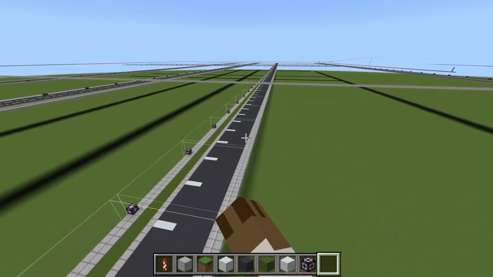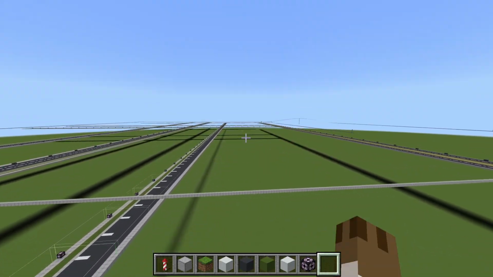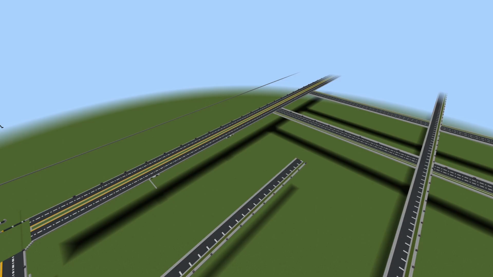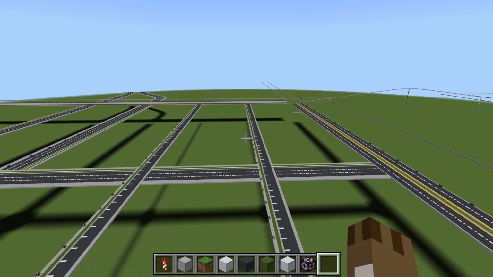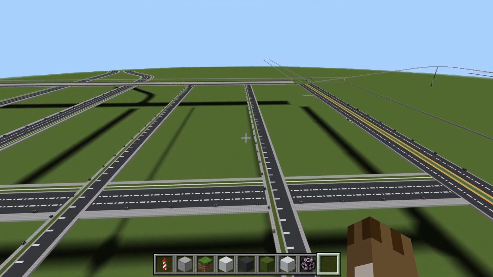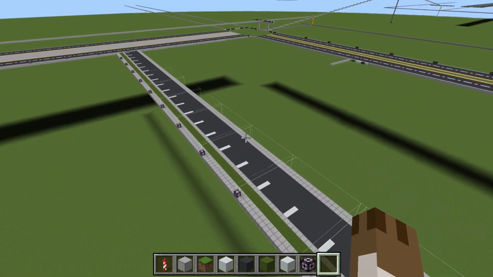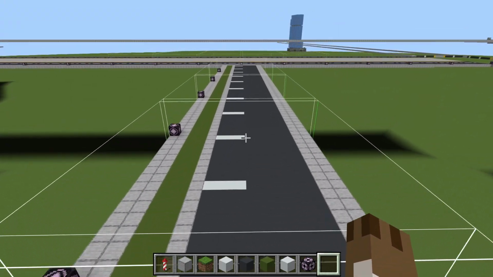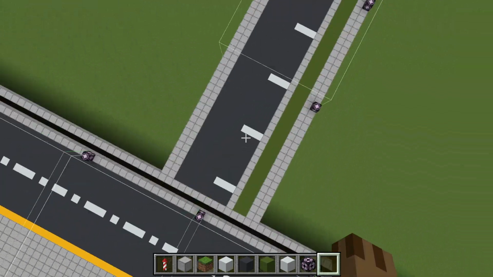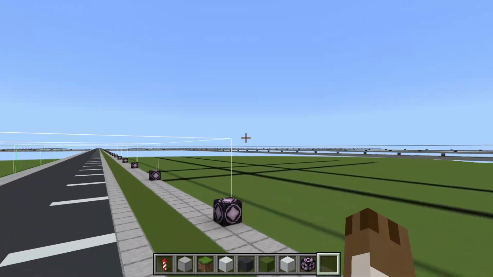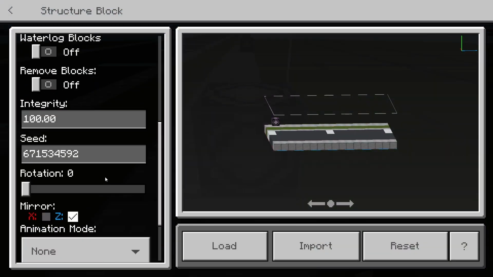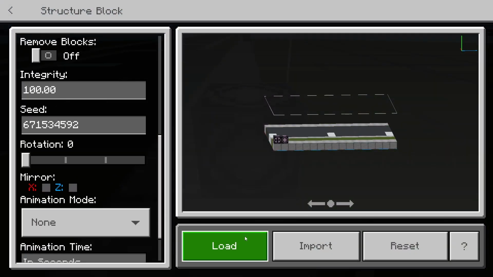Anywho, now that this one is fixed, we can actually start on the other side. Yeah, y'all won't believe this, but I managed to do it wrong again. So this is also backwards, not the way that I wanted it to be, which is dandy. Once again, pretty easy to fix. It's just